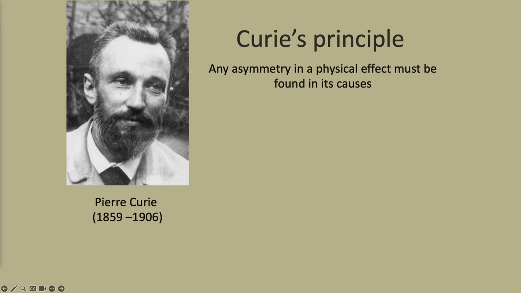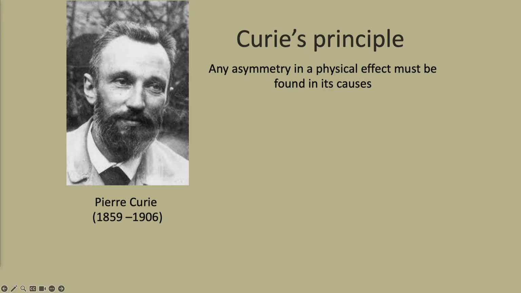It was suggested by Pierre Curie, and so it's called Curie's principle, and it says this: any asymmetry in a physical effect must be found in its cause. So maybe you've never heard of Curie's principle, but I'm pretty sure that you use this in the following sense: if you're solving a problem in physics, and you get an answer, and you notice that the answer breaks some symmetry, and then you look at the statement of the problem, and the initial condition didn't break the symmetry, and the dynamics didn't break the symmetry, but your solution breaks the symmetry, suddenly you realize, oh, I've made a mistake. This doesn't make any sense. Where could that broken symmetry have come from if it wasn't there in the statement of the problem? So that's exactly the intuition behind Curie's principle.